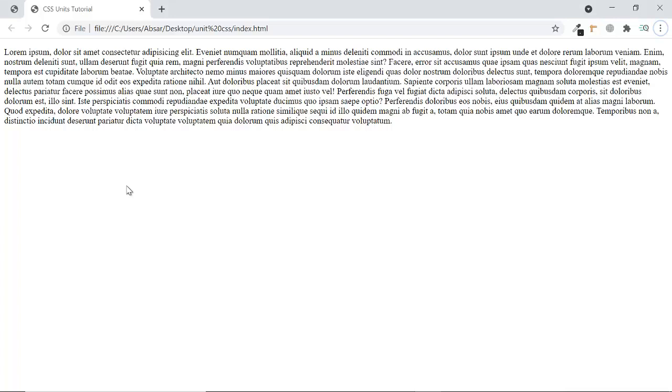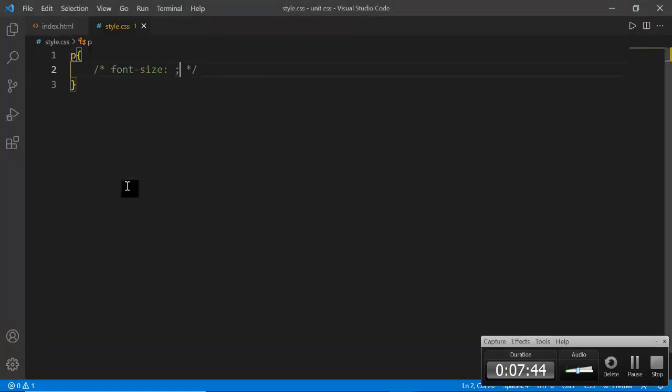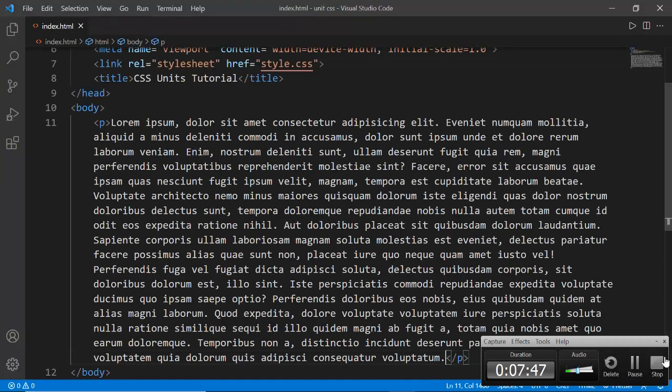Now I'm going to give it an absolute value. So first let me tell you about what absolute length units are. The absolute length units are fixed. You cannot change them. That means if you resize the web browser, it will remain the same. Instead of adjusting itself with the screen, it just keeps the length the same, and you have to scroll. And one more thing, if I give you an example here,